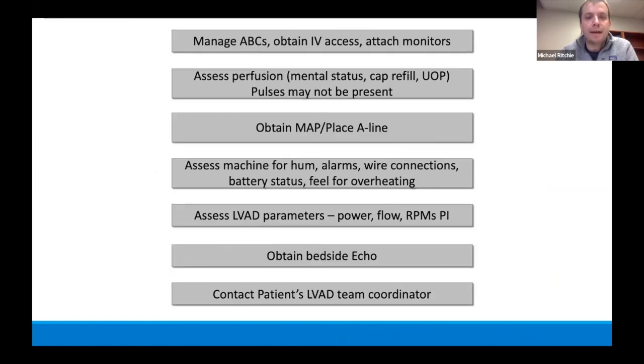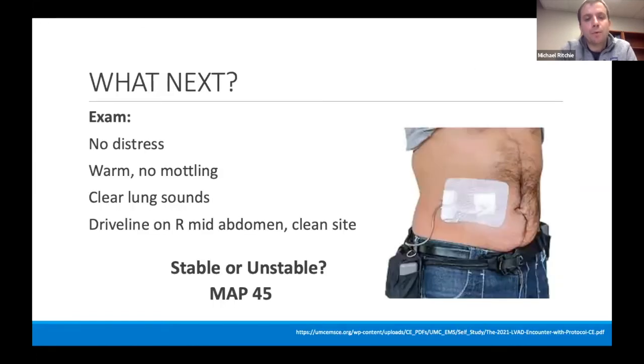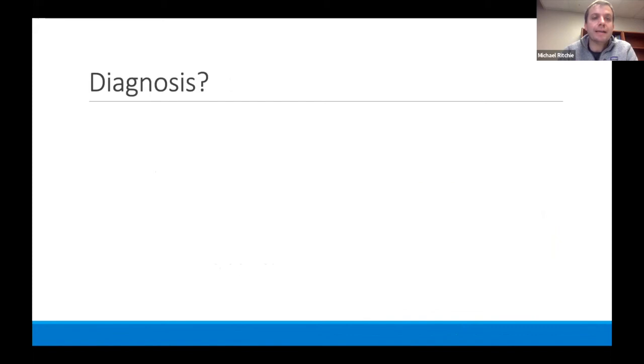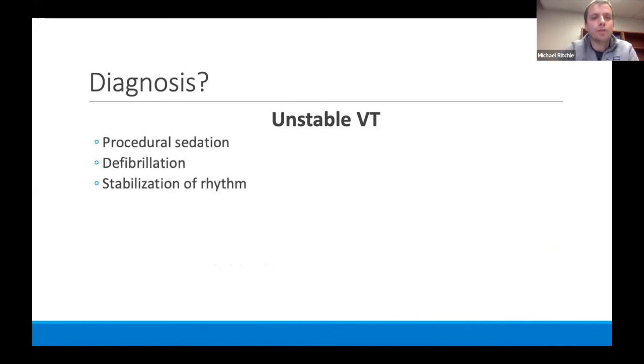And so we obtain the MAP. His MAP ends up being 45. So now we know that he's unstable because he's now hypotensive with a MAP of 45. So our diagnosis is actually going to be unstable VTAC as opposed to stable VTAC if you had a normal MAP. So if it's unstable, then you're going to do your same thing you would do with anybody else: